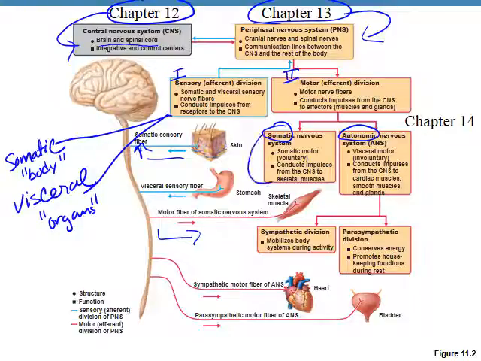Somatic, the S should mean skeletal muscles and voluntary. These are all the neurons that control voluntary movement, impulses coming from your brain to your skeletal muscle. Autonomic is information going to your cardiac muscles, your smooth muscles, and your glands. And then we can further break down autonomic into sympathetic division and parasympathetic. If a message is coming from your brain and it's telling something to speed up, that would be the sympathetic division. If a message is coming from your brain that's saying conserve energy and slow down, that would be your parasympathetic division.